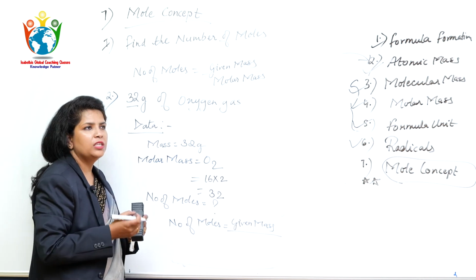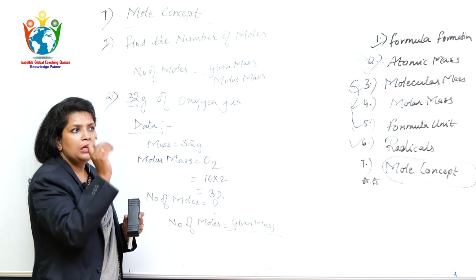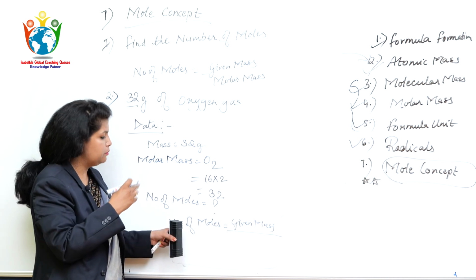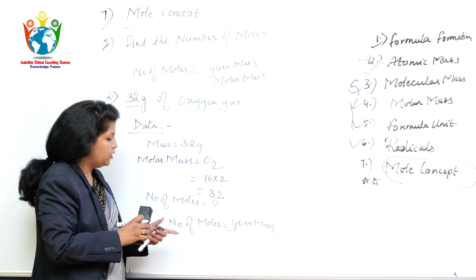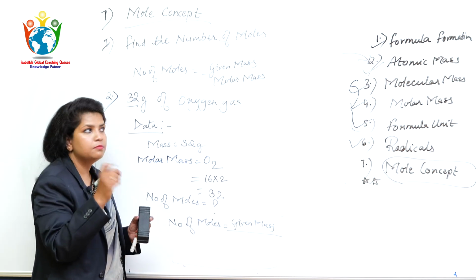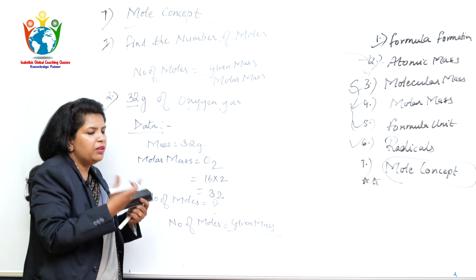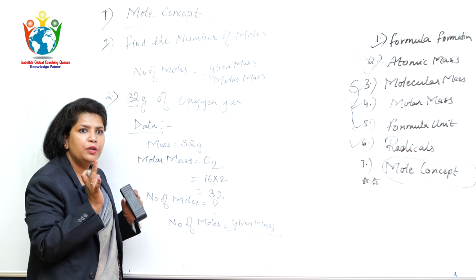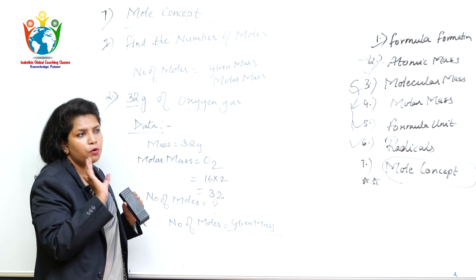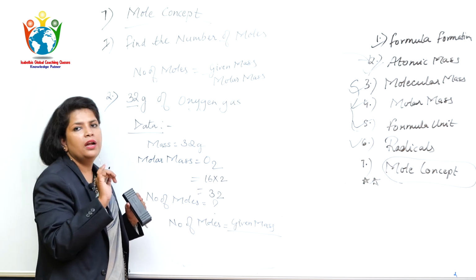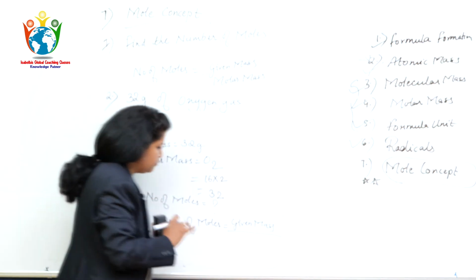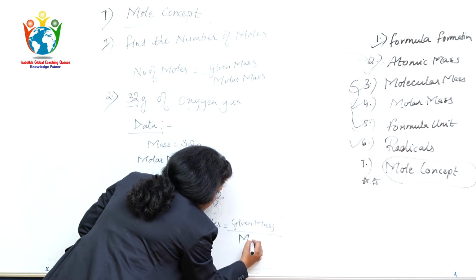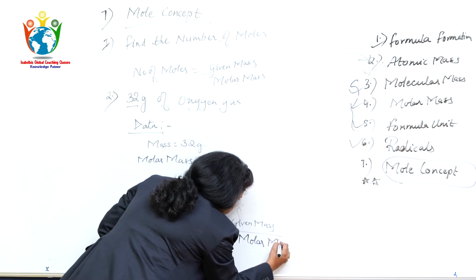In many textbooks, especially in CBSE textbooks, there are a lot of symbols. For mole, for given mass, they write different symbols. For number of moles, they write different symbols. But I feel confused, so I basically focus on the formula, because if I know the formula, my answer will not go wrong. If I focus on the symbols, it will make me wrong. So, I am not focusing on this. Okay. So, number of moles is given mass upon molar mass.